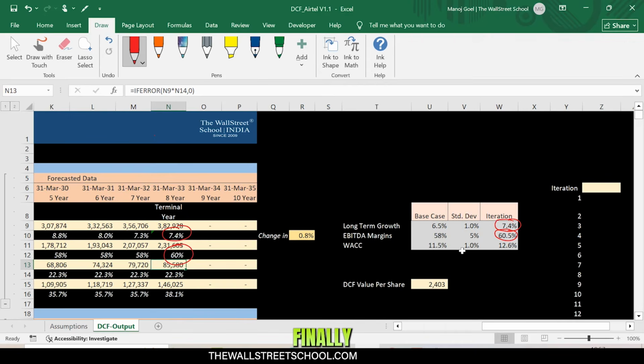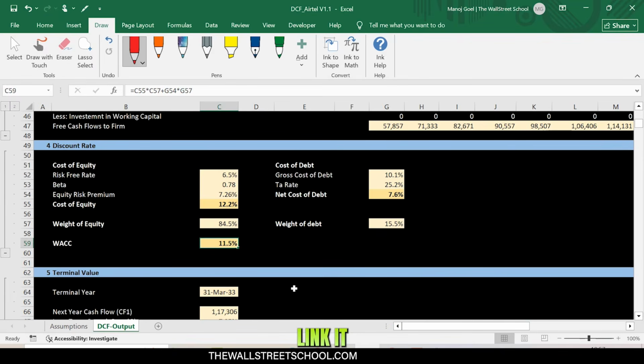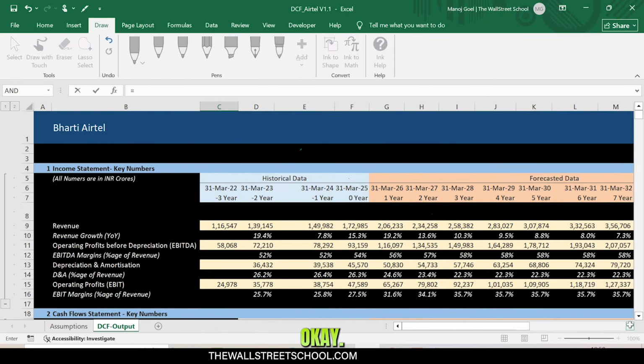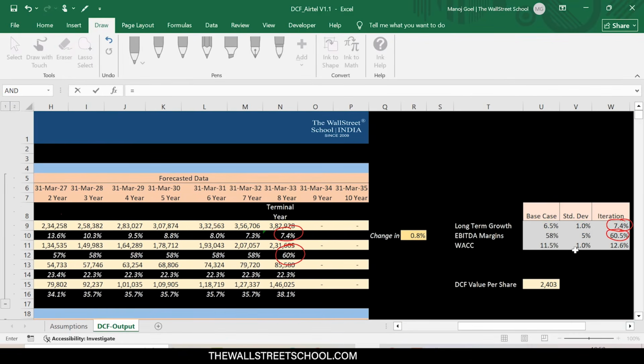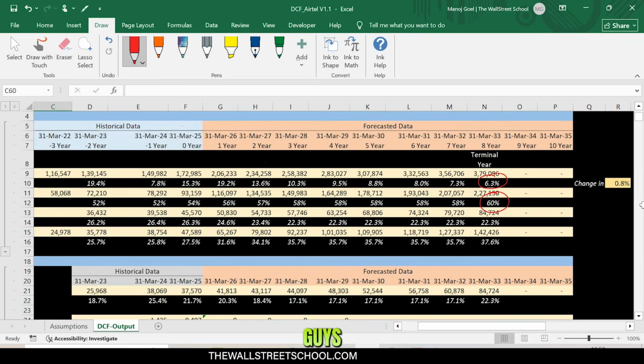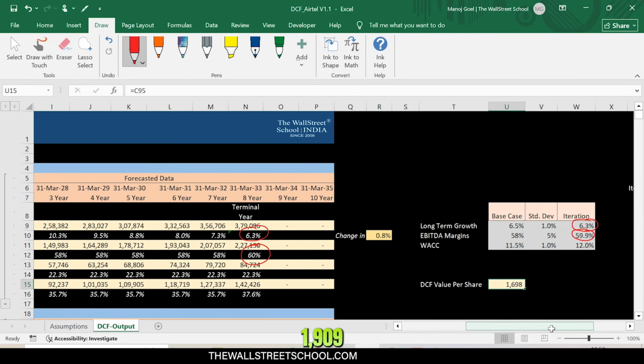Okay. And then finally, I'll link my cost of capital. So cost of capital, you can come down and you can link it here. This is my cost of capital cell. Okay. Now you can see, guys, my final DCF value, which was coming 1909 before, now it is coming 1698